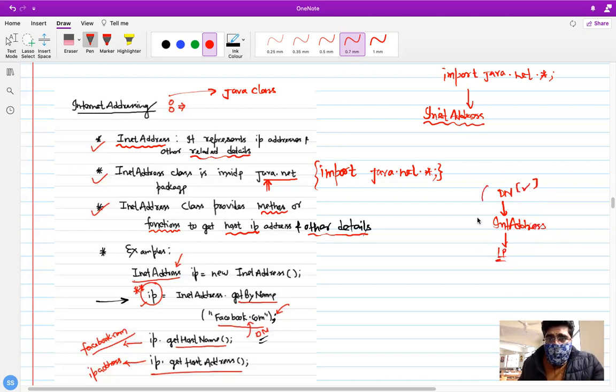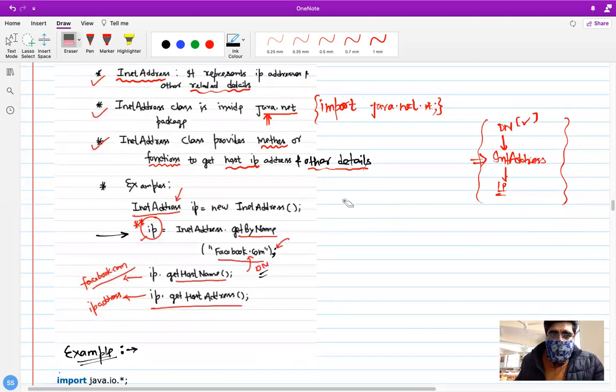Even in domain server designing, this class is used most of the time in Java programming. We will see how to use this class, but you must know that if you know the domain name, you can get the IP address. If you know the IP address, you can get the domain name. So all the information related to a host, the IP address and the domain name, you can get it.